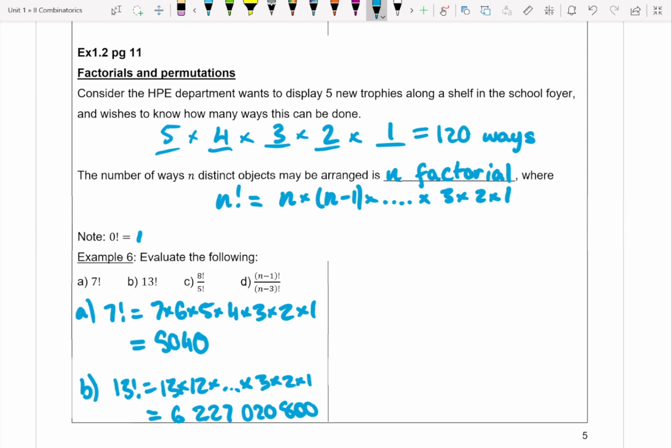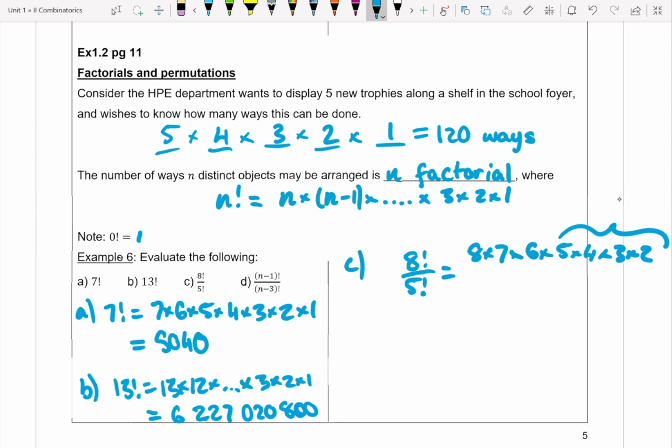If we move on to our next example, 8 factorial over 5 factorial, factorials have a fancy property: if you have 2 factorials over the top of each other, this is going to be 8 times 7 times 6 times 5 times 4 times 3 times 2. This part here is 5 factorial. If I extend it one further, it's going to be 6 factorial. Because factorials have this recurrence to them, where I'm just adding another number in front, if we divide factorials together, we actually get portions of the factorial. So this just becomes 8 times